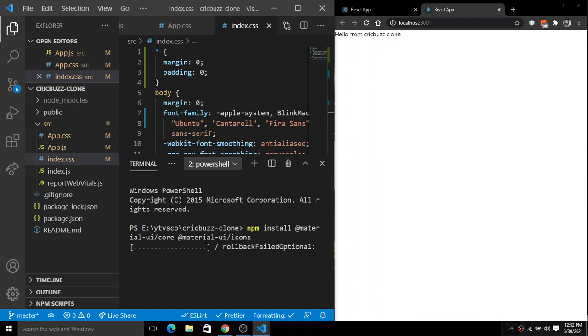So we will use Material UI here for the user interface. It is a very useful and powerful library for React, or for front end. Okay, so it will take some time. So when it installs, I will show you how to generate an API key from the third-party API